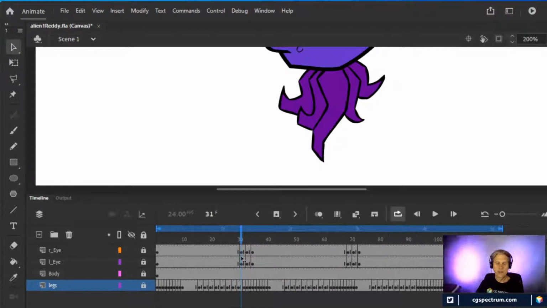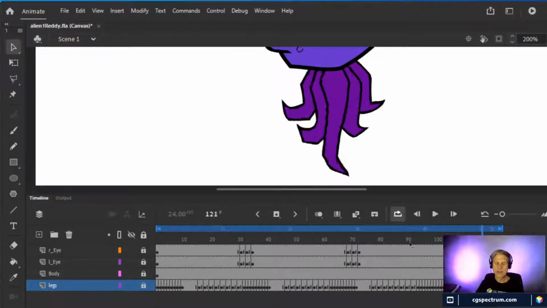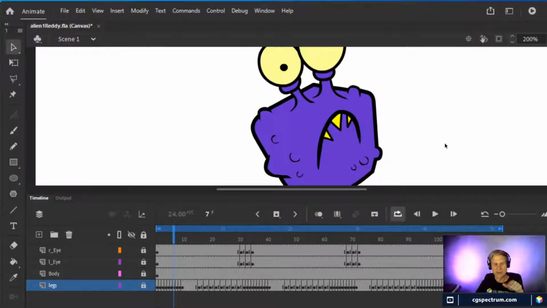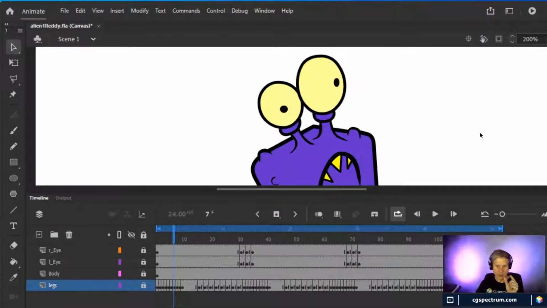And all I had to do was copy and paste that, and then I got it going the entire time that the eyes were doing their thing. I just had to make sure and end at the right place so that it would start all over again without any hitches. If you don't have the first frame and the last frame matched up so that it goes right back into its cycle, you're going to get hitches and pops and funny things are going to happen. And you'll see that one of them, it's set up that way. The blue thing that looks like a crab, it actually has a little bit of a hitch in it, and that's good. So I can show you the dangers of not having everything lined up.